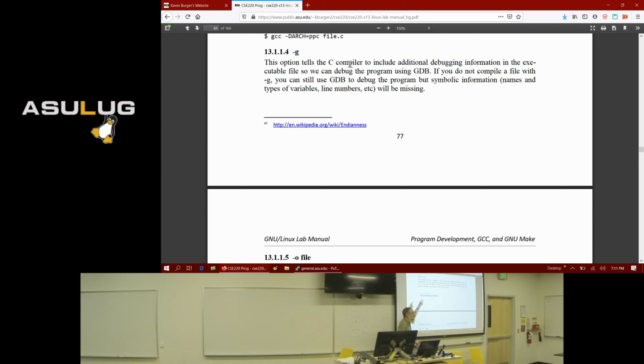You have to compile with -g if you want to debug your code using GDB.